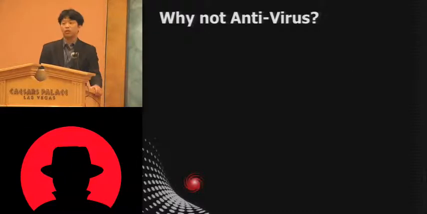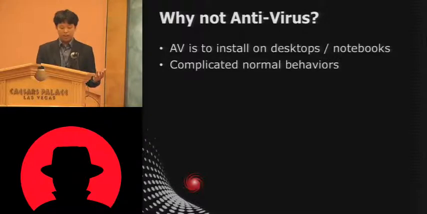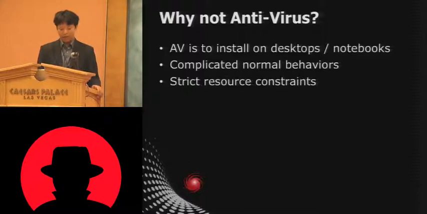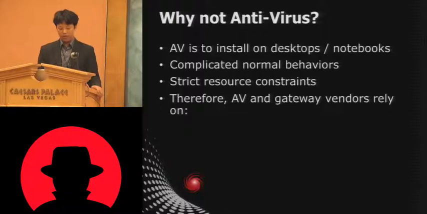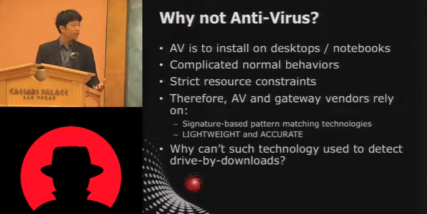So why not antivirus? Why is it so hard for antivirus to detect the drive-by download threat? Well, antivirus is designed to install on desktops and notebooks. So on desktops and notebooks, there are a lot of very complicated behaviors, a lot of heterogeneous apps installed, and it's very resource constrained. And therefore, antivirus and gateway vendors typically rely on signature-based pattern matching technologies that are lightweight and accurate. So for example, antivirus typically operates under the